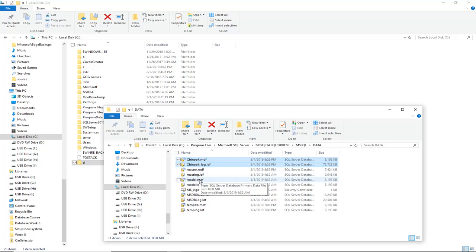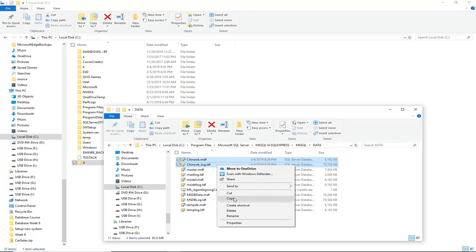You can find the name of your files. There'll be two of them for each database. There will be an MDF file and either a log or a log.ldf file. Okay, you'll need to find those particular files, check both of them, and click copy. Okay, when you do copy,